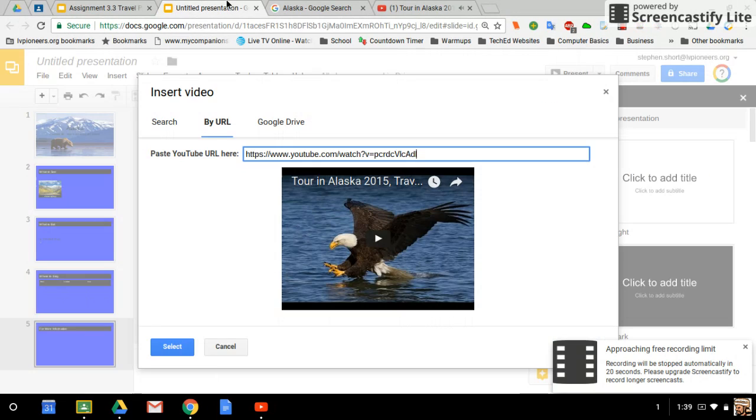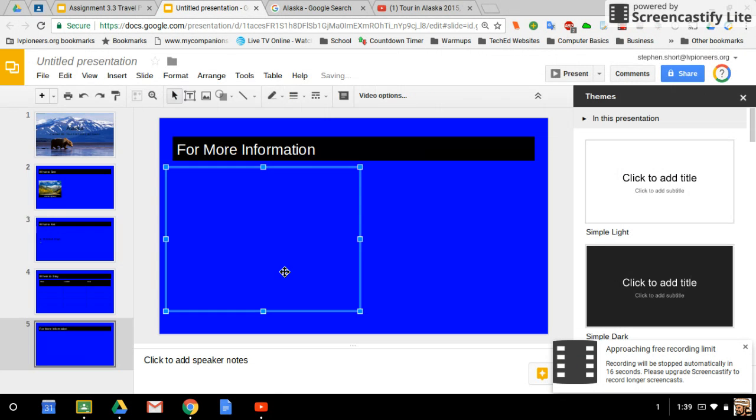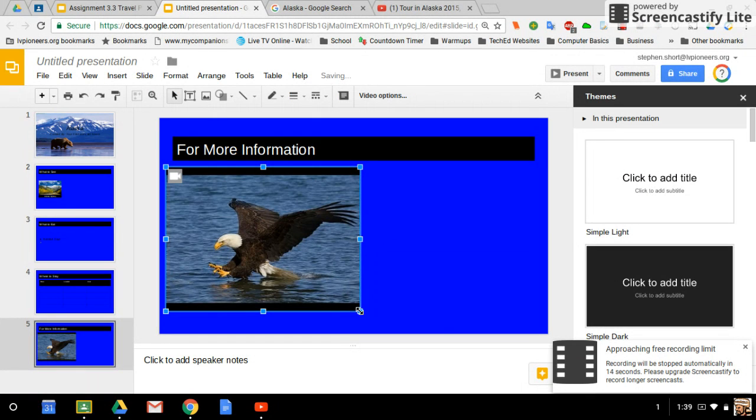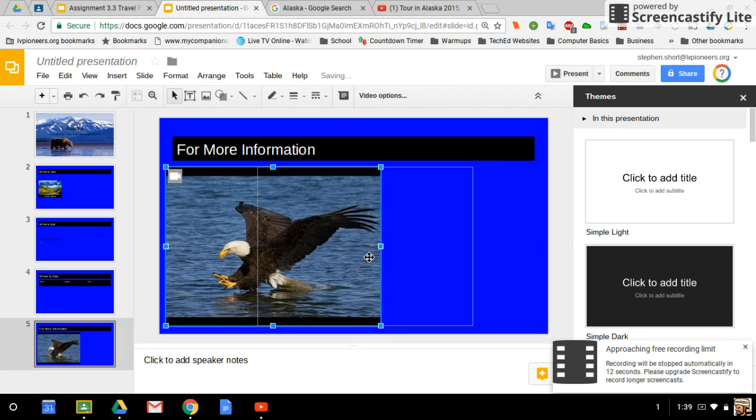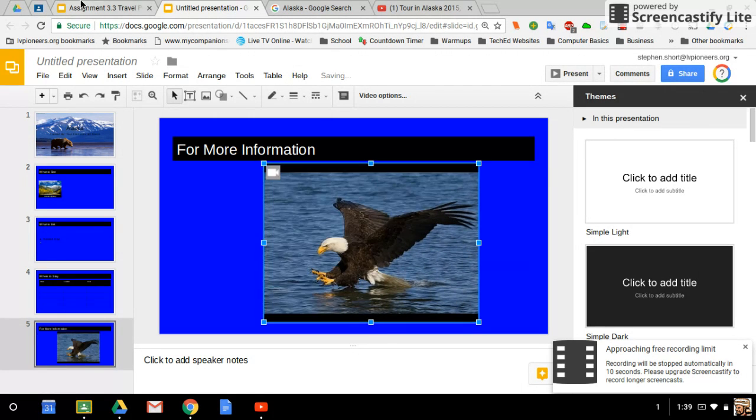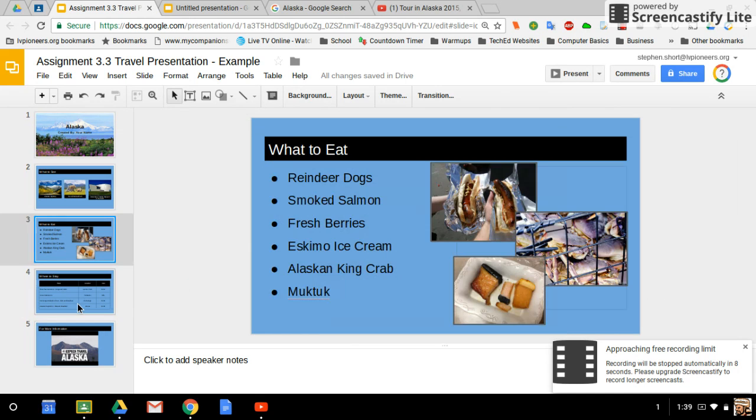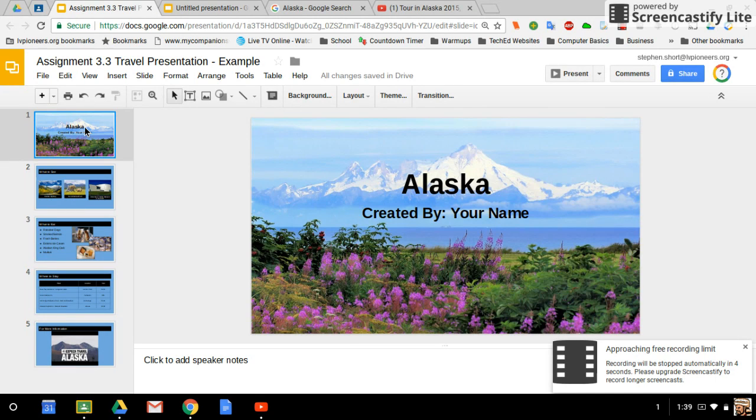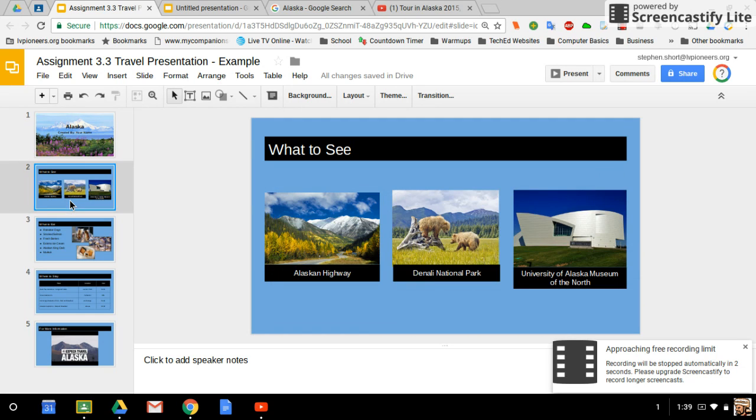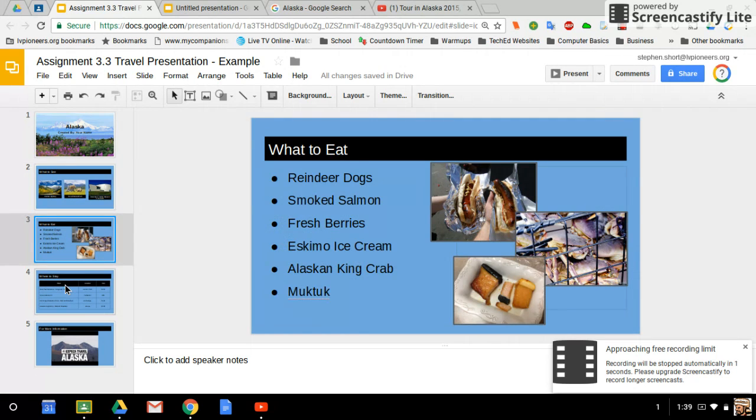There, I think I finally got it paused. Now I can put that in, click select, and it will put the video in, and I can resize that and center it so that it fits a little bit better on the page. But when you're done, it should look something similar to this, you should have 5 slides, a title slide with an image as the background, what to see, what to eat, where to stay,